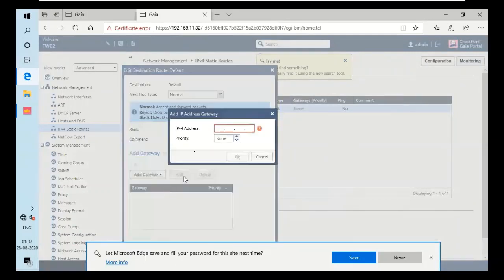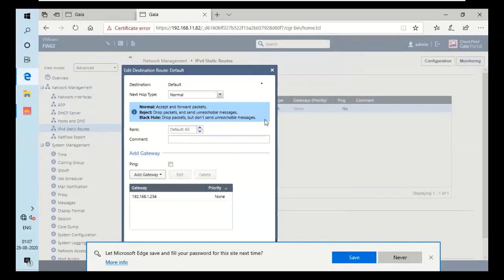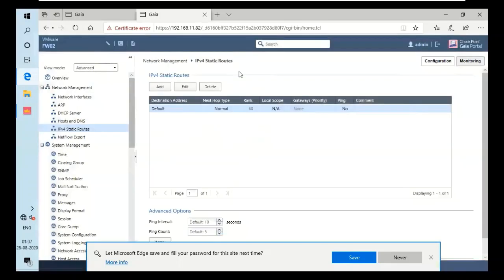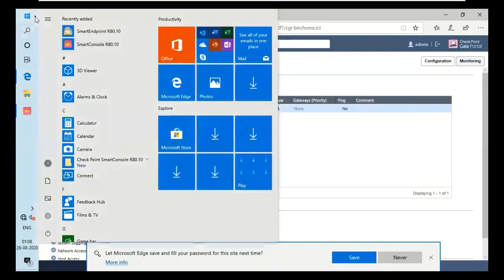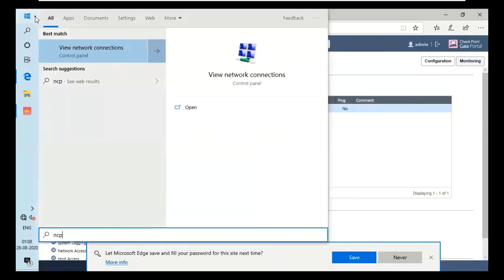IP address, which will be 192.168.1.254. The next thing that we have to do is change our client PC's destination gateway, meaning default gateway. So we will go and change it also.